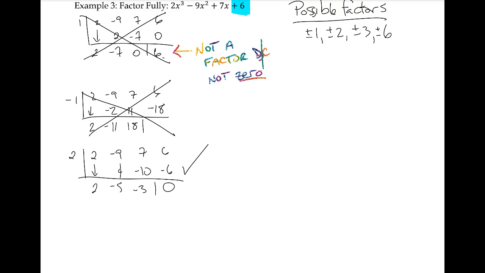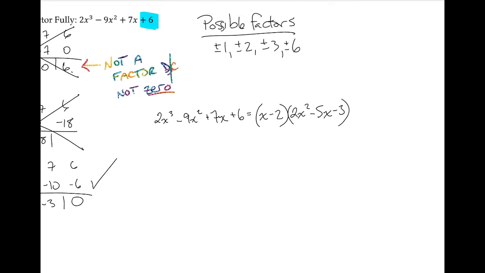Okay, so now that I've found one factor, now I might be able to simplify this further. So I'm going to pause for a second and write, okay, 2x cubed minus 9x squared plus 7x plus 6 equals x minus 2, because remembering I always change my sign for synthetic division. And then my remaining polynomial is 2x squared, reducing my degree by 1, minus 5x minus 3. And I look at this and I'm like, I think I can factor that without having to do synthetic division